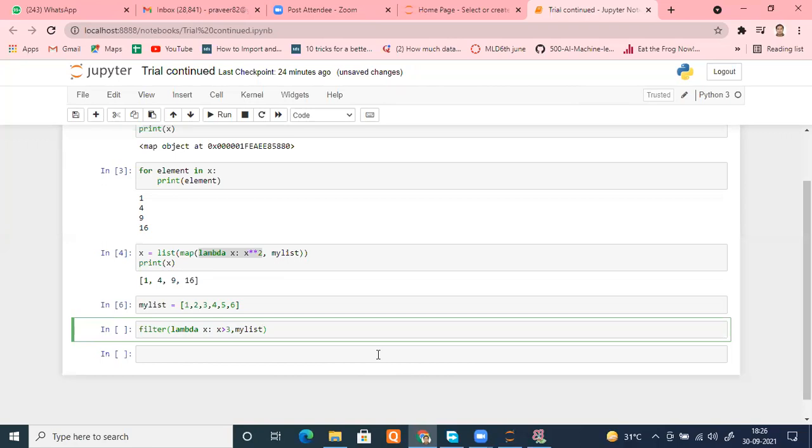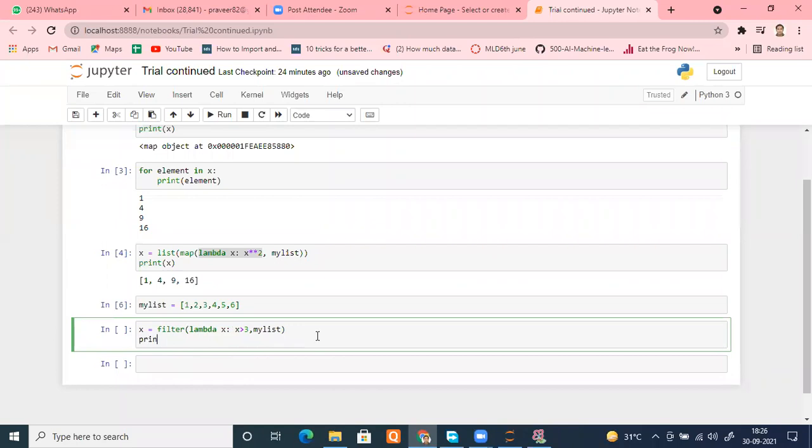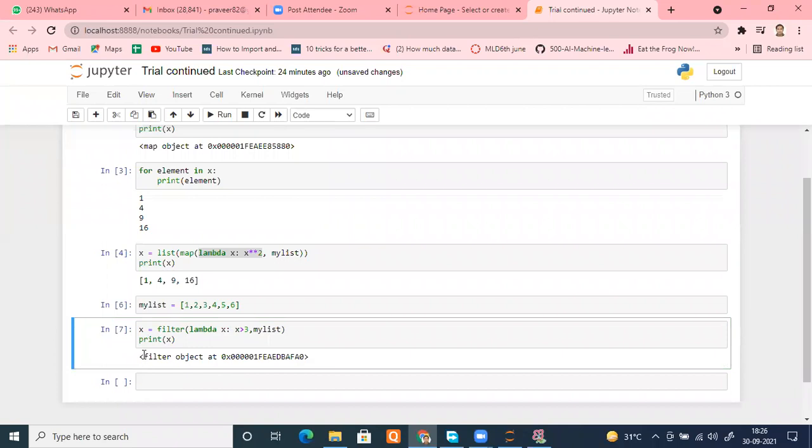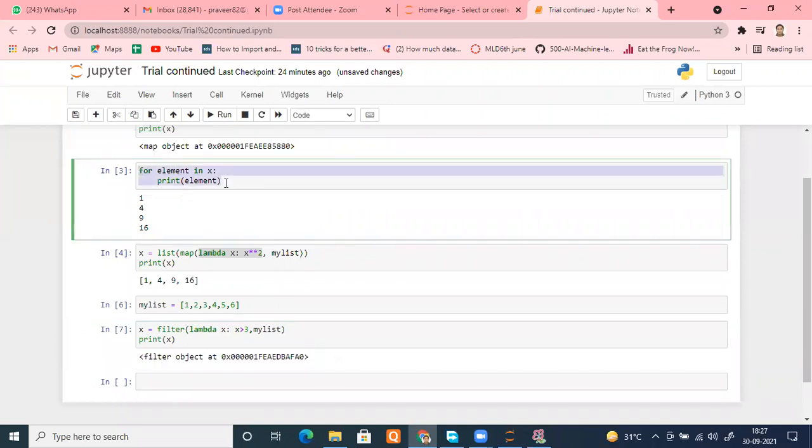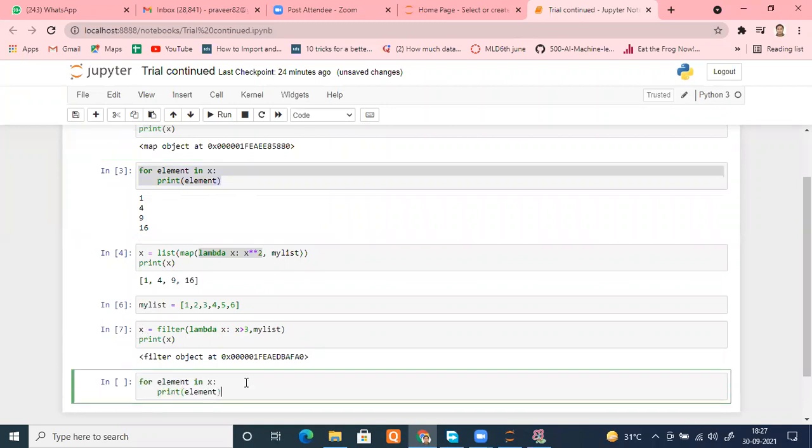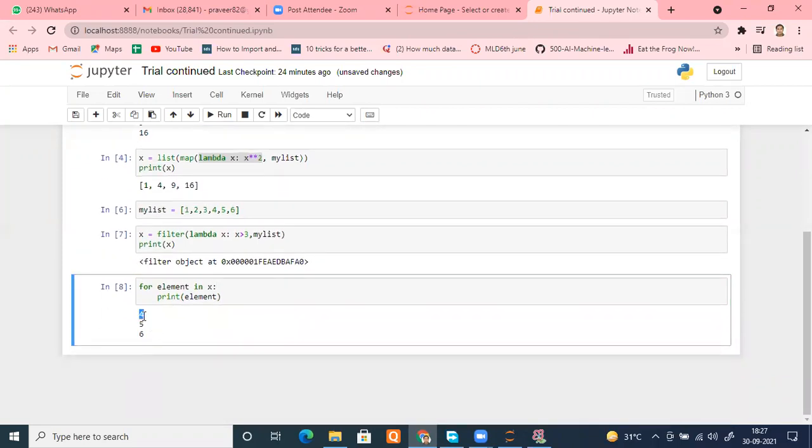MyList. Okay. So again, if I run it directly, it will create an object. Let me show. Let me save it somewhere, again an example, and let me print after that. Let me run it. You see? Again, it created an object. So I want to access that. Two methods are there. Using a for loop, access it. You can do that. Let me copy it. And as I've given the same name, doesn't matter. Let me go here and run this cell. You can see only elements 4, 5, and 6 are available.